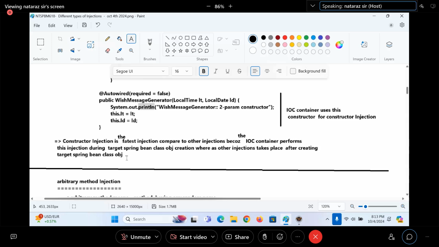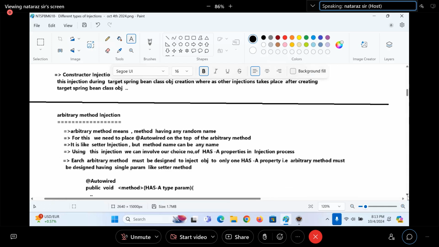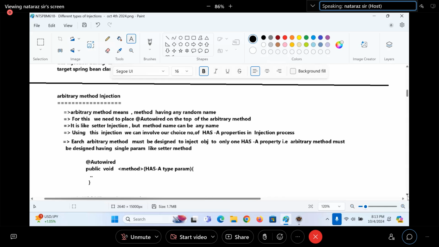Are you getting my point there, guys? Come on, I want a reply. Whereas other injection takes place after creating the target Spring Bean class object, right, guys? But I think I have already given that statement, boss.